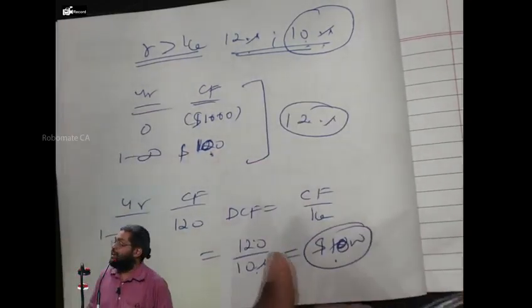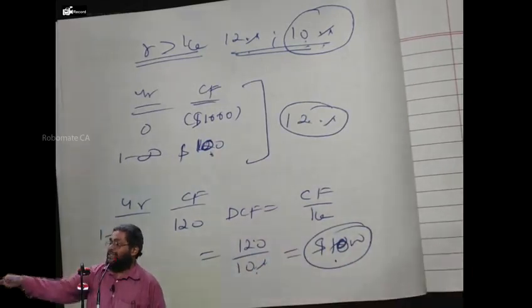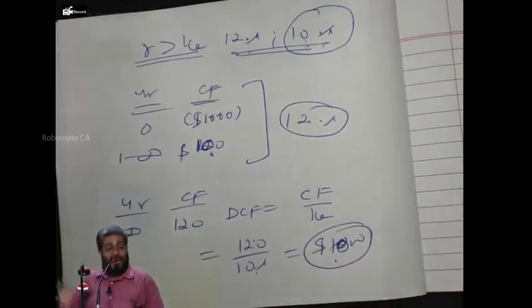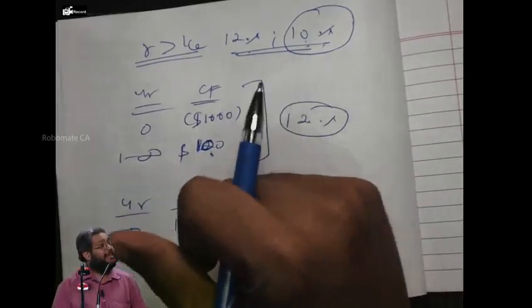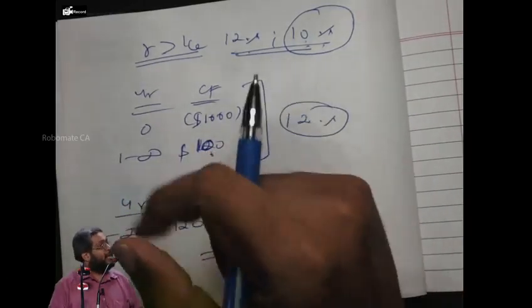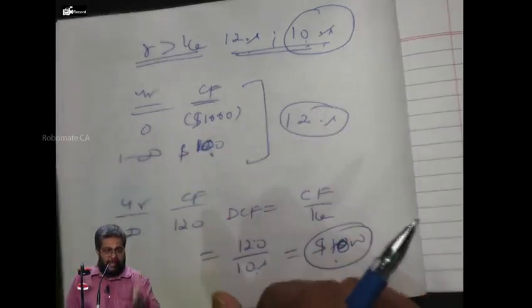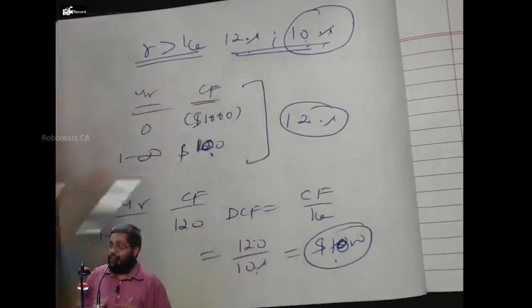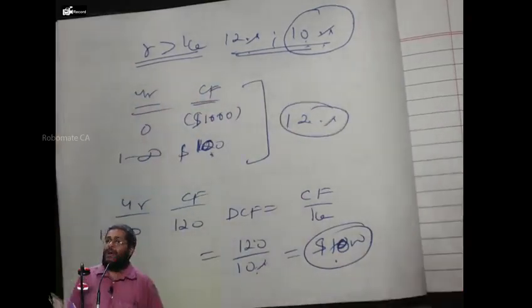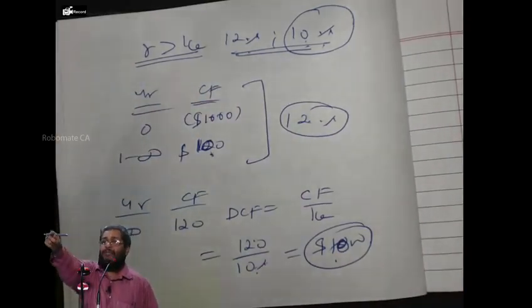Does it depend on dividend? No. He has still proved that this $1,000 investment, whether I declare dividend or I don't declare dividend, I am still going to make it, and the share price remains unchanged. Also he proves, right or not? In that case, the share price of the company does not depend on capital structure. It does not depend on dividend. It purely depends on the investment opportunity available to the company.